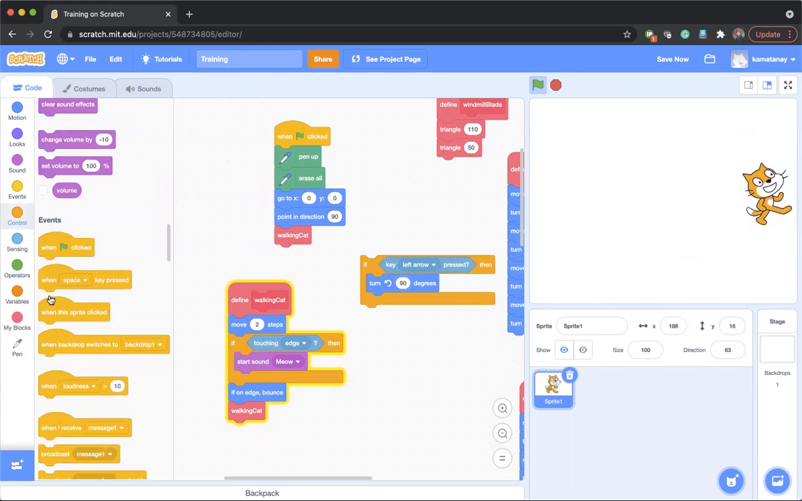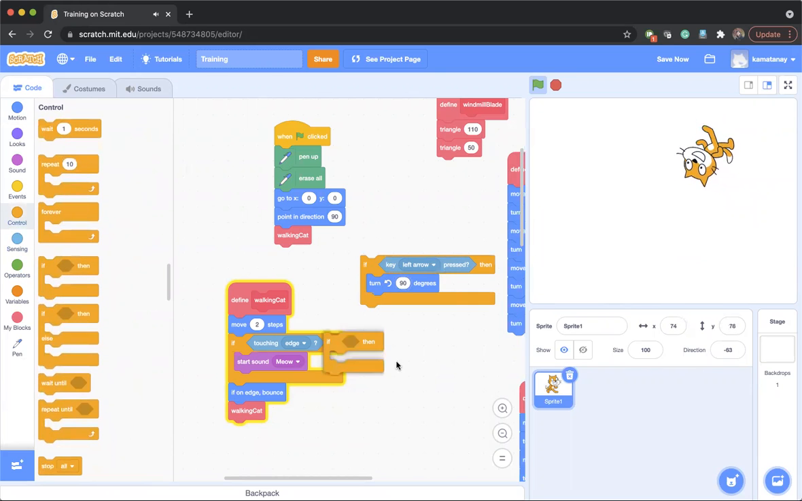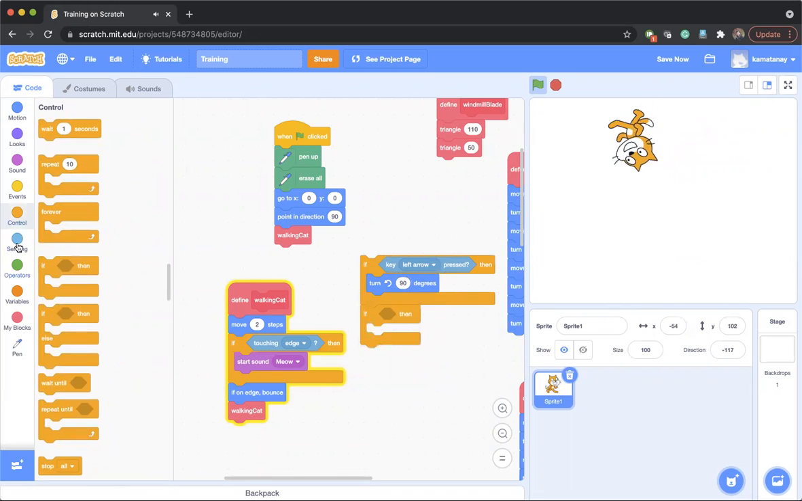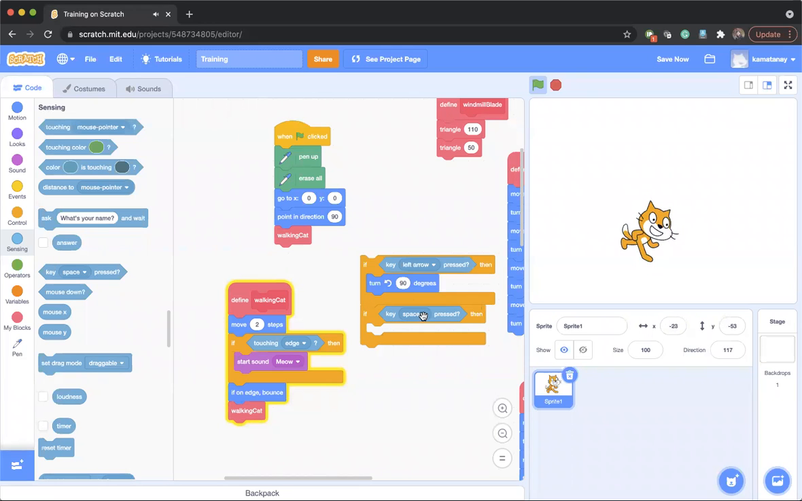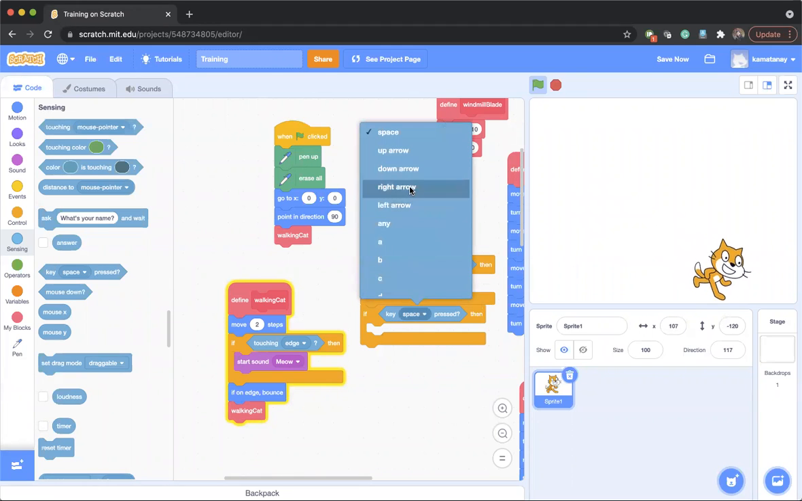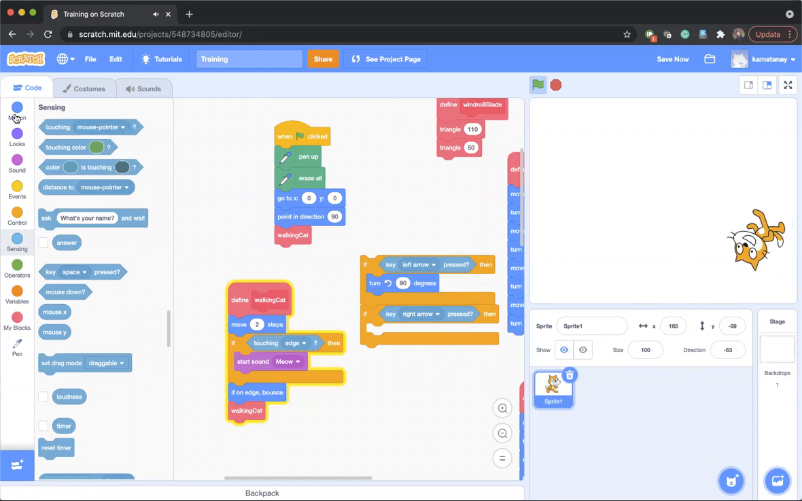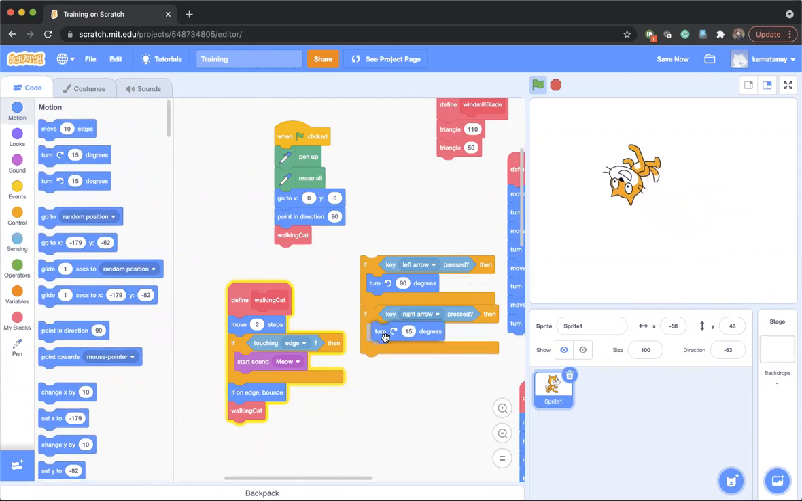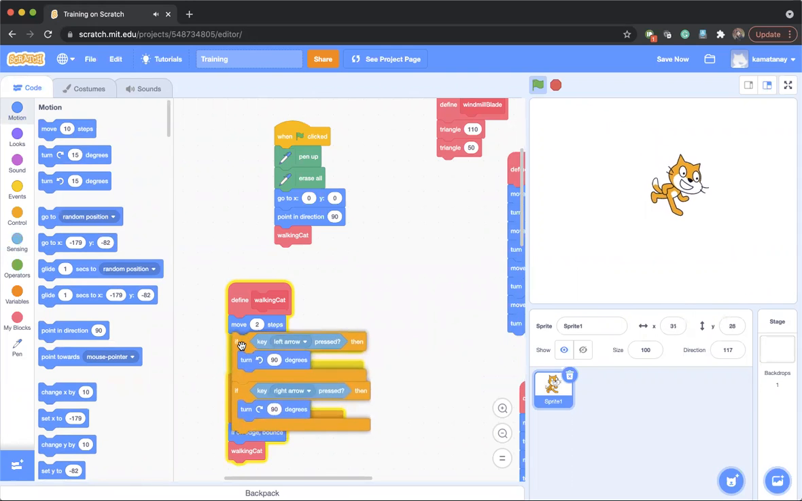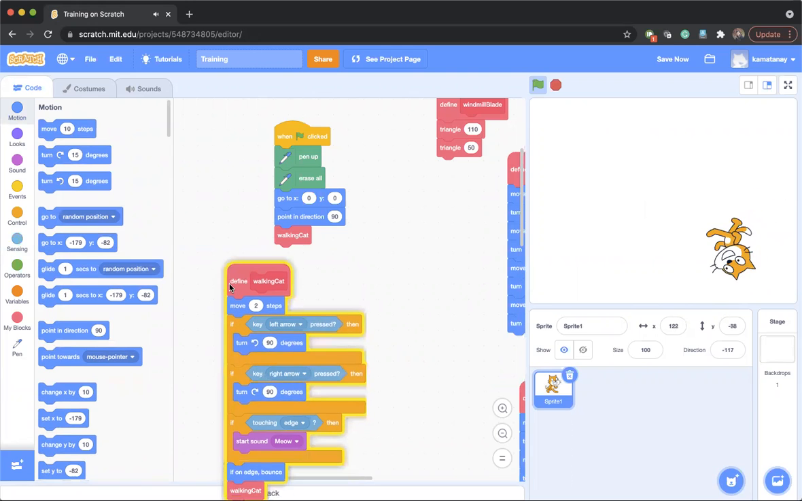Let's put the other condition also. Let us say if, let's go to sensing, if the key right is pressed, then we turn the cat towards right by 90 degrees. And this we can put anywhere in the code, maybe at the start of the code or after saying move, and let us see what happens,